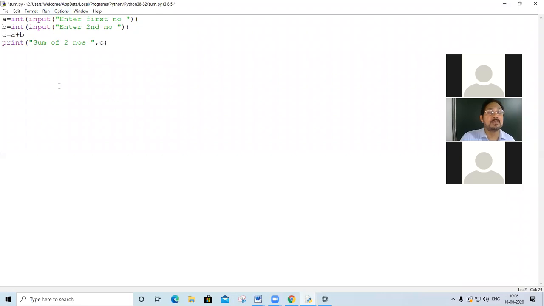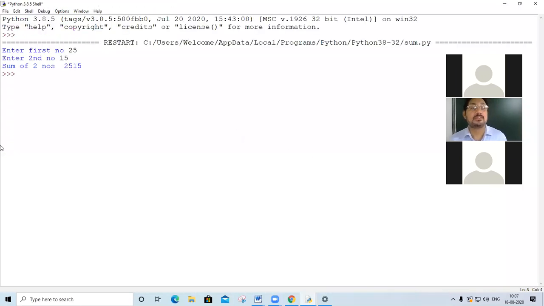And now I will run this program. In the first program where I have not used int, the values are concatenated. That is, two strings are added, so the result was coming as 2515. Now, once I put int, the string value is converted to integer. Int is a data type which is used to define the integer type of value. Run and you see the effect of the program.